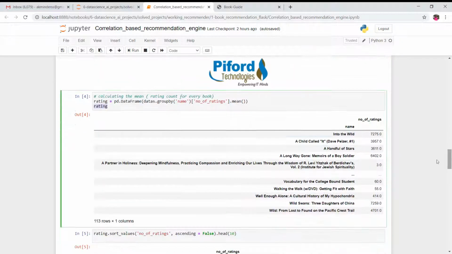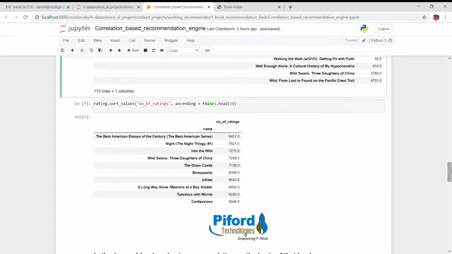On this side we have the book name, and on this side we have the number of ratings for every book. Now I want to see which book has the highest rating, or I want to see the top 10 books with the highest rating. So simply what you can do is sort the values. sort_values is a ready-made method which is available in pandas.